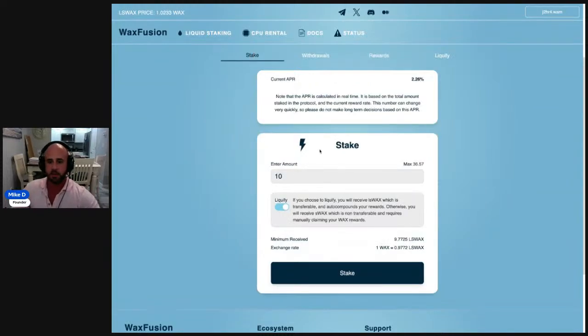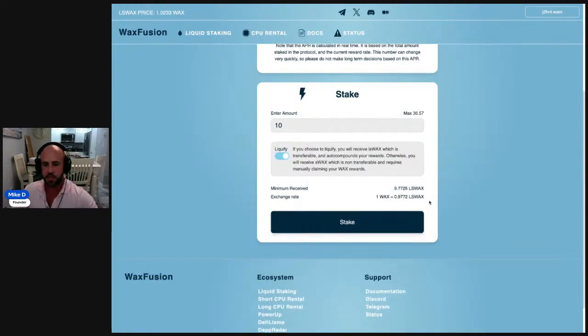But yeah, if I was to choose to liquefy when I stake, it says 0.9772 LS wax for every one wax that I deposit. And you might be wondering, why is this? Why is there a different ratio for LS wax? Is it based on the market price or whatever? No, it's based on the amount of wax that's deposited into the protocol compared to the amount of LS wax